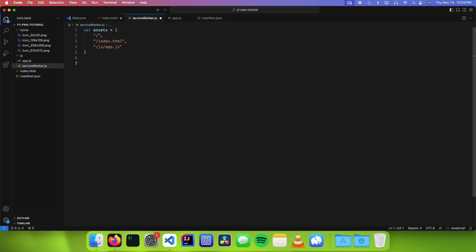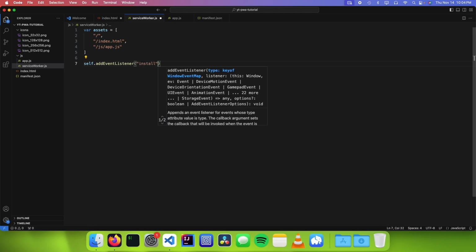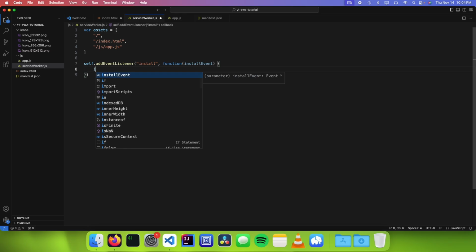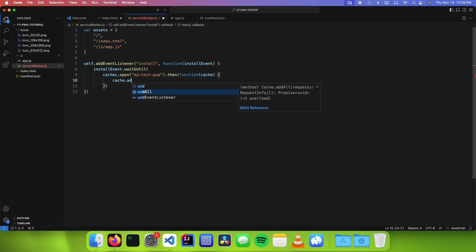So after we've done that, we need to set up the caching mechanism. So to do that, we just need to go self.addEventListener. This tells the service worker to register an event listener, to install, meaning that this code is going to run when the PWA is installed. And we're going to pass in our install event. And we're going to go installEvent.waitUntil caches.open myTestPWA.then, and I'm going to pass in cache, and then I'm going to type cache.addAll